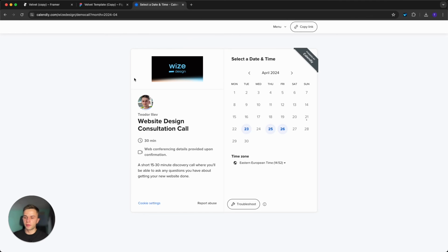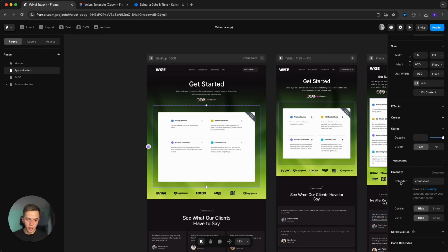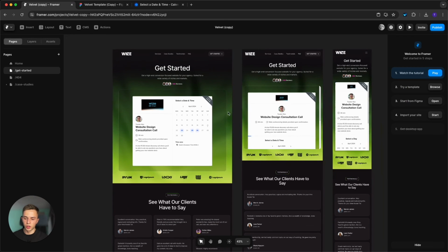So once you have your Calendly link opened in a new tab, what we have to do is we have to grab everything after this first slash until the name of your call. And then once we get to this question mark with the month, you want to leave that out because if you keep that in, it will always show the 4th month of 2024 in this case, and we do not want to do that. So copy this part right here, go back to the Framer site, and then from here, selecting the Calendly widget, go to the right side. Here we have calendar field, and then paste what we just copied right here,